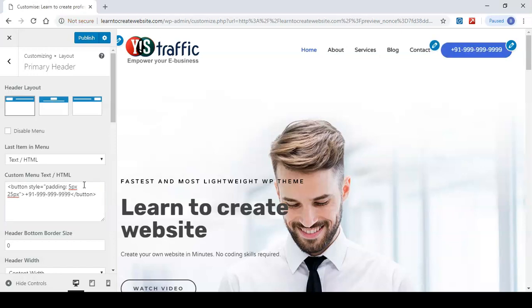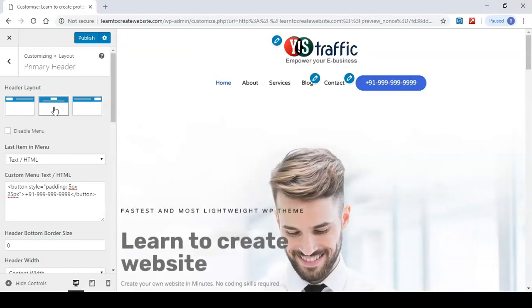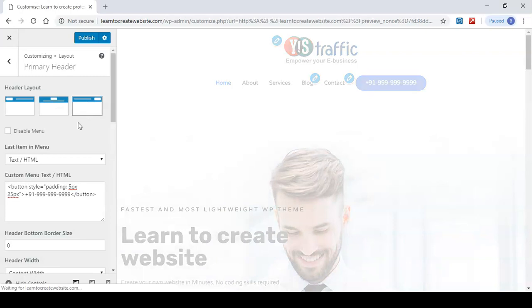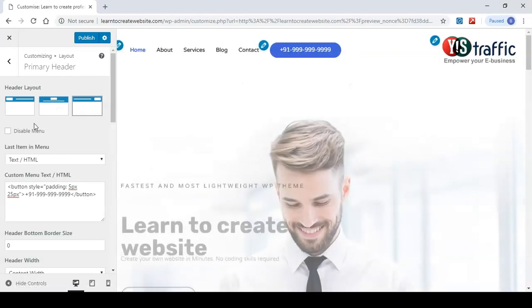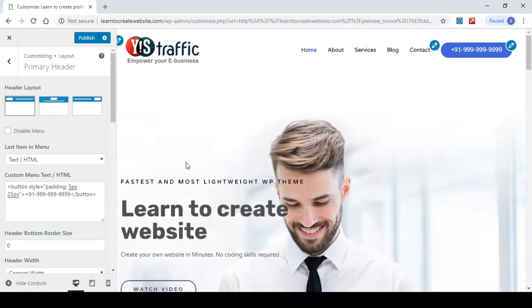You can also change the header layout to center, logo to right or left. So everything can be edited using these blue icons, and this will be same in footer area also.